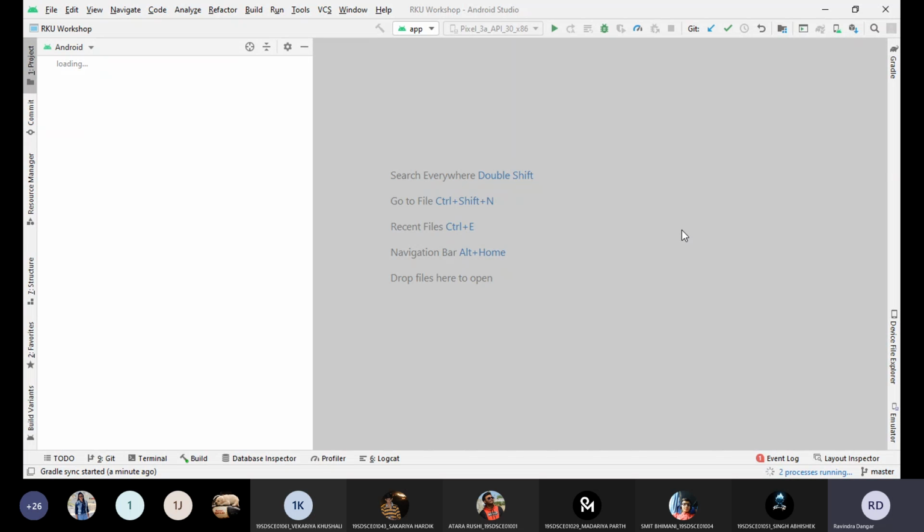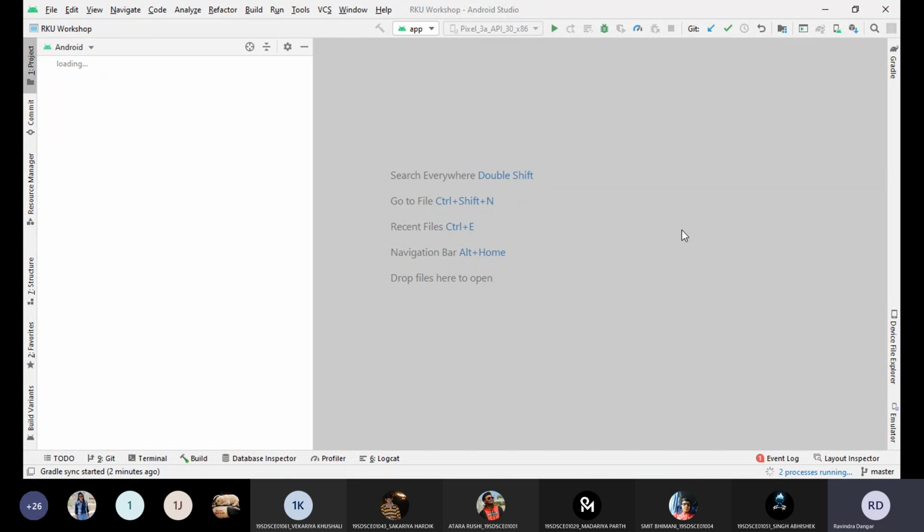While installing, you need to make sure that JDK is installed before you start the installation of Android Studio. So if JDK is installed on your laptop, then you can simply install Android Studio the way we install any other software. Once you install it, you will have to click on the configure option, from where you can find all the API levels. It is not necessary that you download all the API levels. It is up to you.